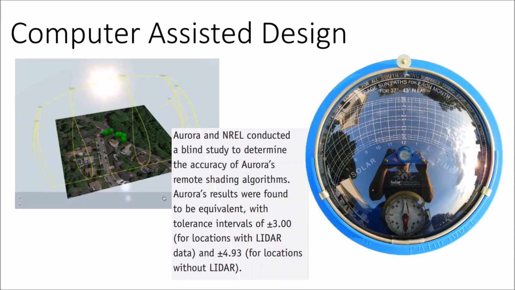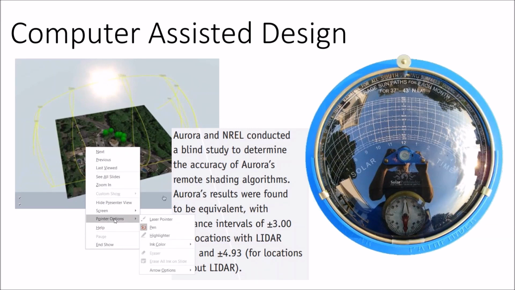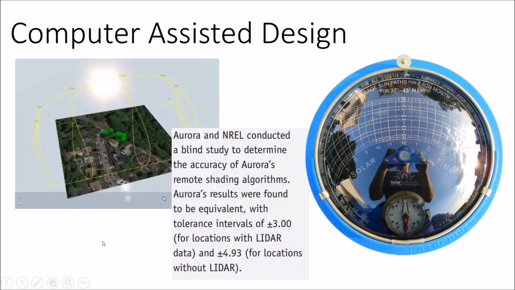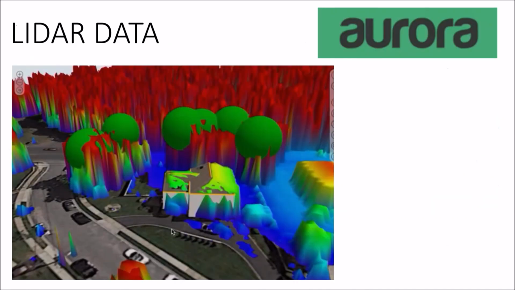It used to be that you get up on the rooftop with this device called a solar pathfinder, and you would walk the entire rooftop. And what this does is you have along the x-axis,